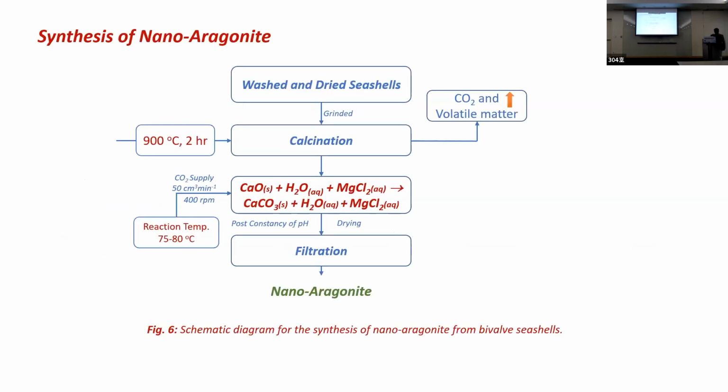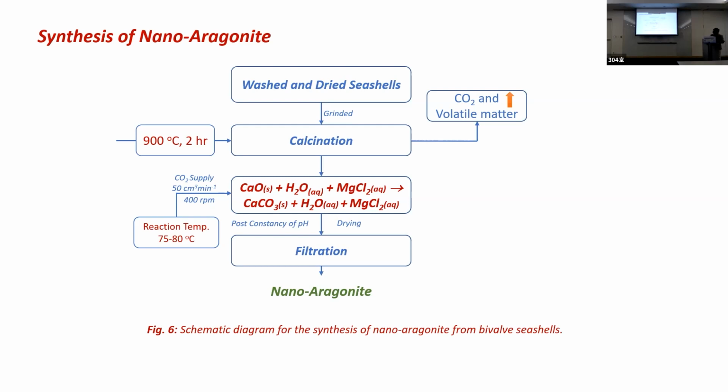Now, the synthesis of aragonite is quite simple but complex. Why? The simple part is, seashells are dried, ground, and calcinated at 900 degrees Celsius. Very good. But the critical part is how to make aragonite, because if the process is not controlled, aragonite will not be synthesized. In fact, calcite will be formed. So to control this nucleation process, we added magnesium chloride, and the magnesium to calcium ratio is also critical,